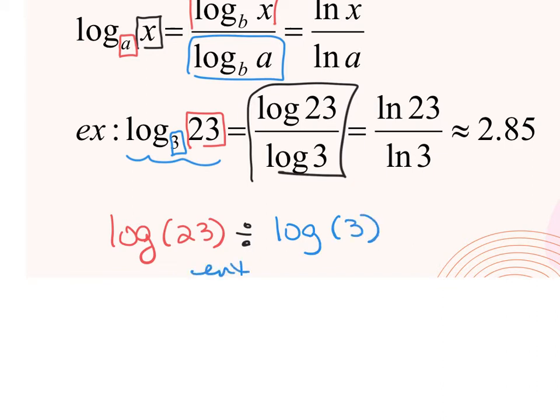And then you're going to hit enter or equal. That's how most of them will work. If you're using your phone or your iPad, you probably have to enter the number first. Once you do all of this, log of 23 divided by log of 3, you should be getting, oops, let me see here,